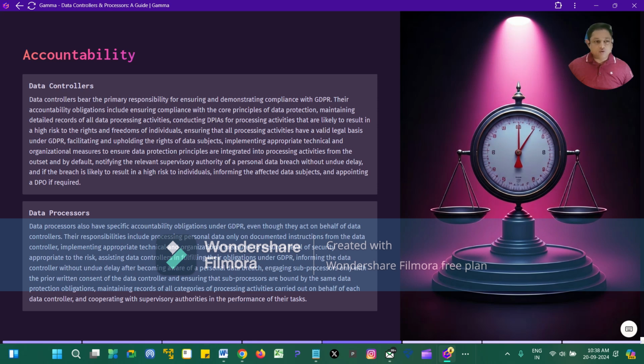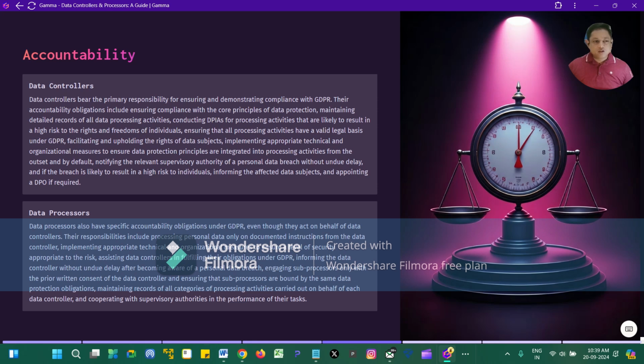Their accountability obligations include ensuring compliance with the core principles of data protection, maintaining detailed records of all data processing activities, conducting DPIAs for processing activities that are likely to result in a high risk to the rights and freedoms of individuals, ensuring that all processing activities have a valid legal basis under the GDPR, facilitating and upholding the rights of data subjects, implementing appropriate technical and organizational measures to ensure data protection principles are integrated into